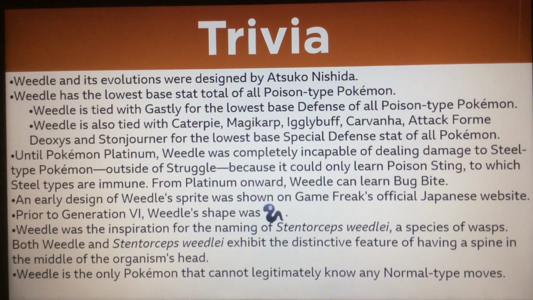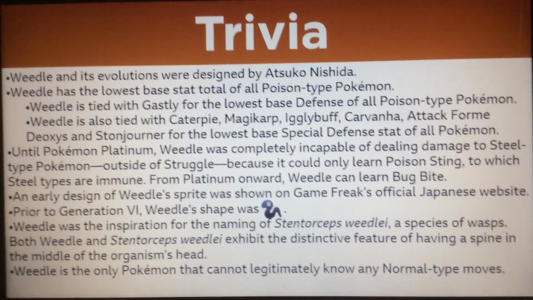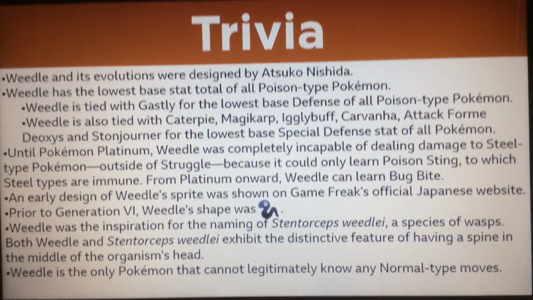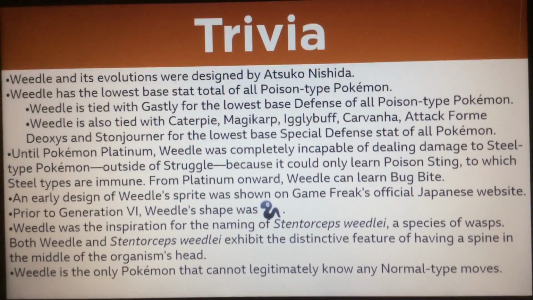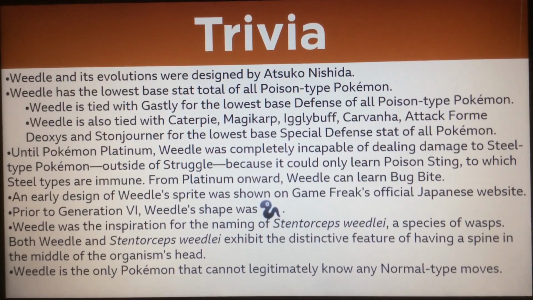Weedle and its evolutions were designed by Atsuko Nishida. Weedle has the lowest base stat total of all Poison-type Pokemon. Weedle is tied with Ghastly for the lowest base defense of all Poison-type Pokemon. Weedle is also tied with Caterpie, Magikarp, Igglybuff, Carvanha, Attack Forme Deoxys, and Stonjourner for the lowest base special defense